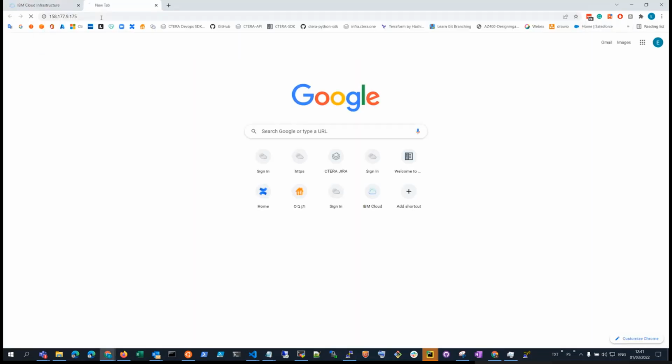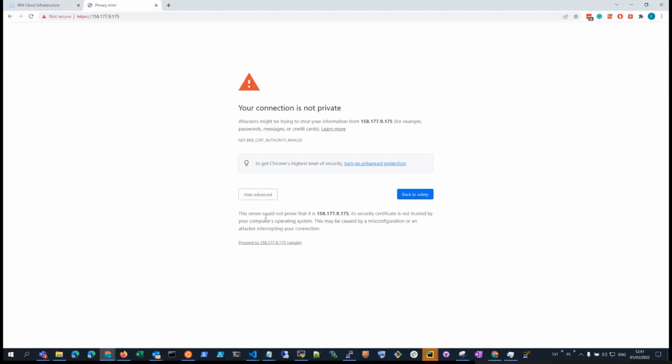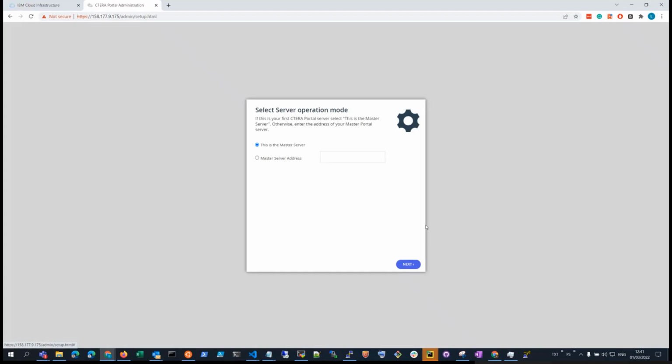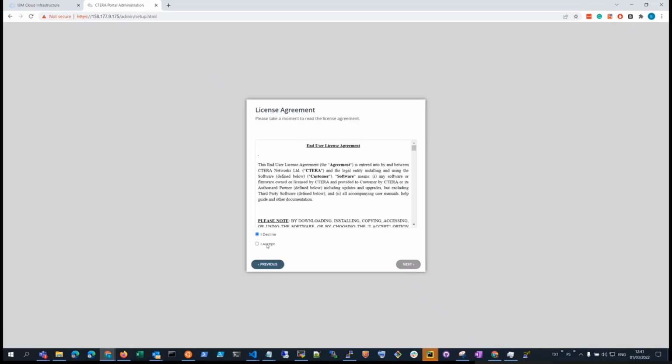Once done, you can connect to the portal using the same floating IP address you used before. You'll now see the portal setup wizard, and you go through the steps to define this server instance as the primary master server, review the license agreement,